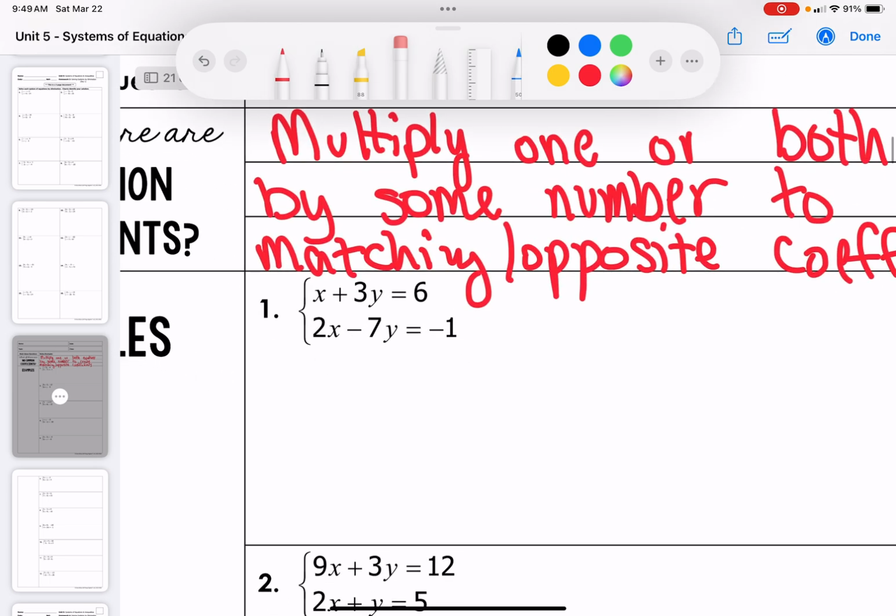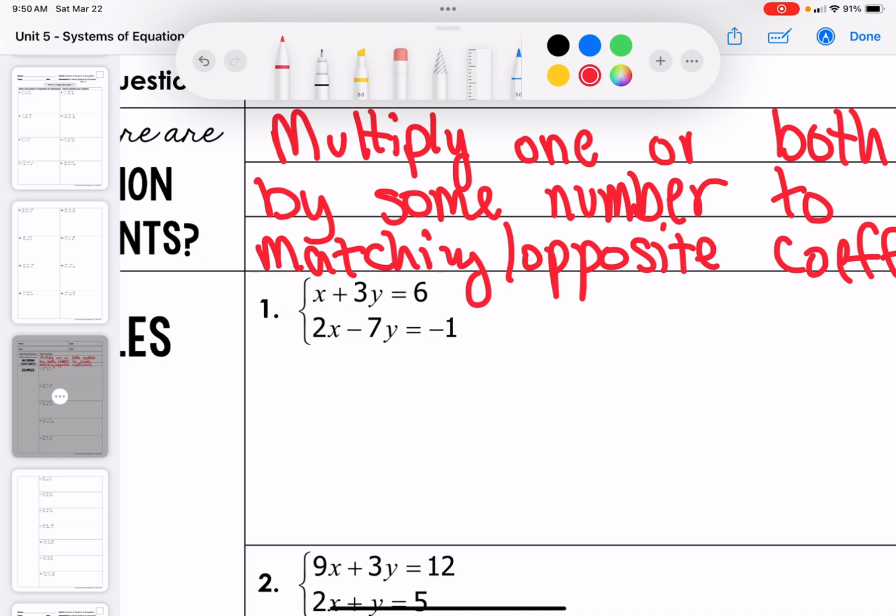So this is what we mean. Let's look at number one. If we have these two expressions, right, and you could see it, we don't have a common variable between the two. Look, we got x and we got 2x. We got 3y and we got negative 7y, right? So we have to make a matching coefficient. All right, so to do that,